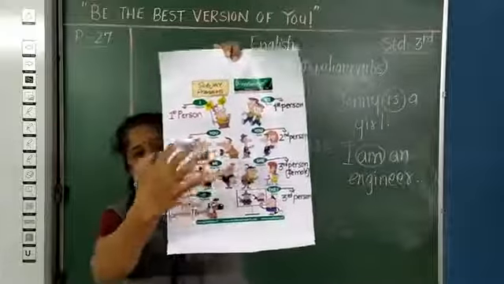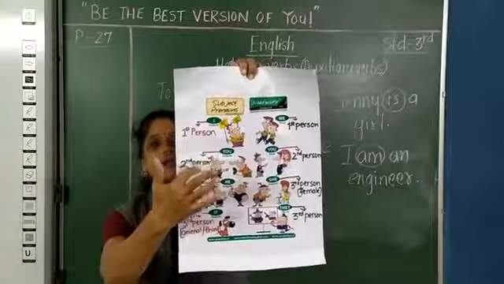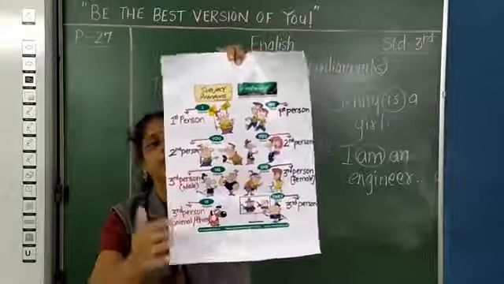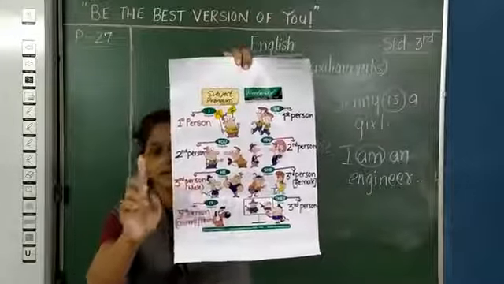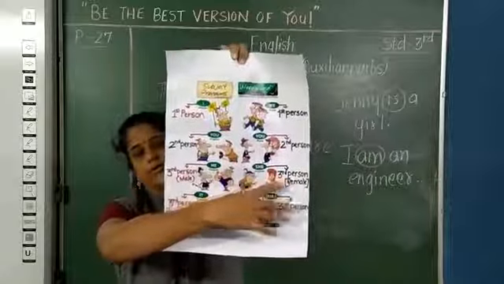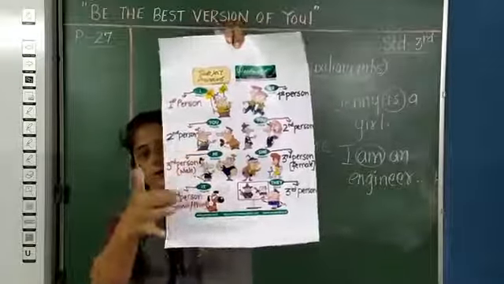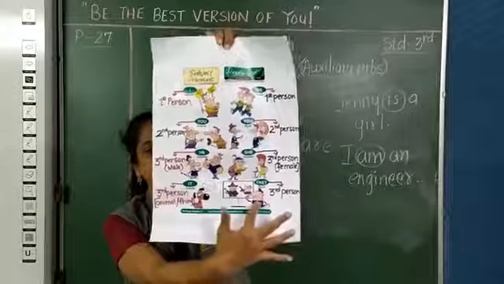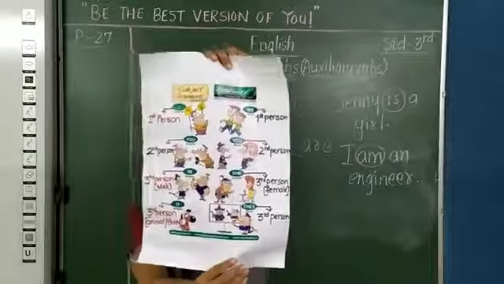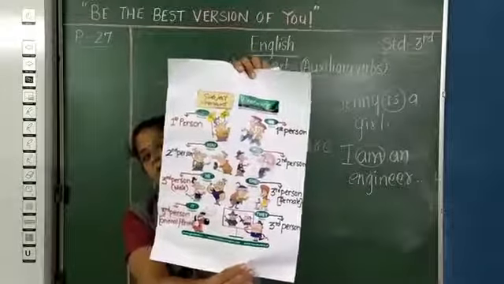Here you can see second person. Second person is whom you talk to, whom I am talking to. You can be a singular subject, and you can also be a plural subject. Third person singular pronoun is he, when you talk about a male. She is again third person when you talk about a female, or it when you talk about an animal or thing. They are singular subjects, and here they is again third person plural subject. So this will help you remember the first, second and third person pronouns used with your helping or linking verbs.